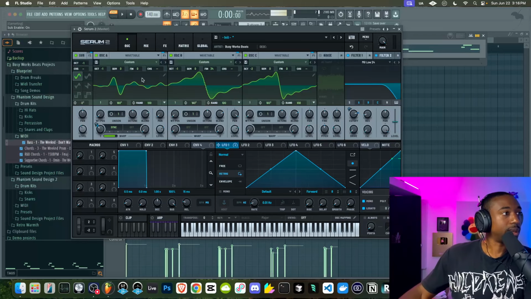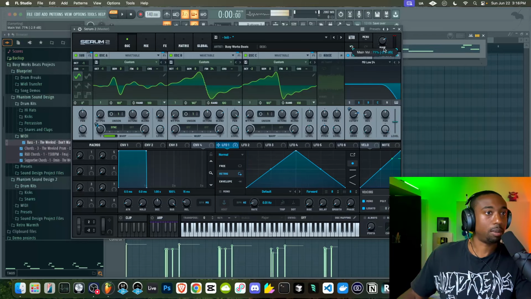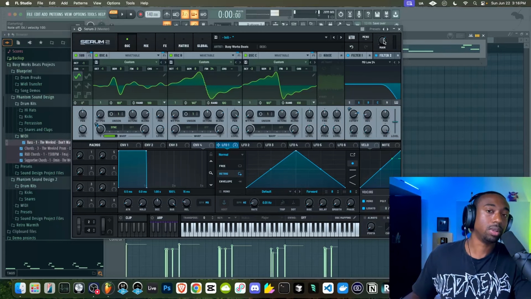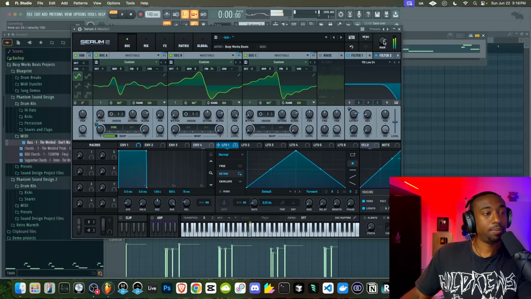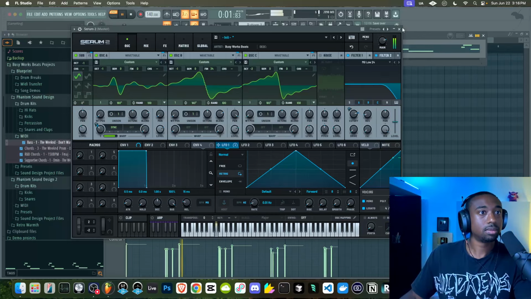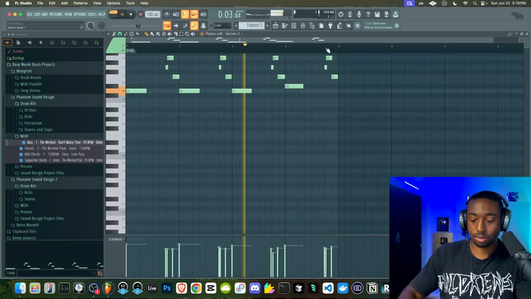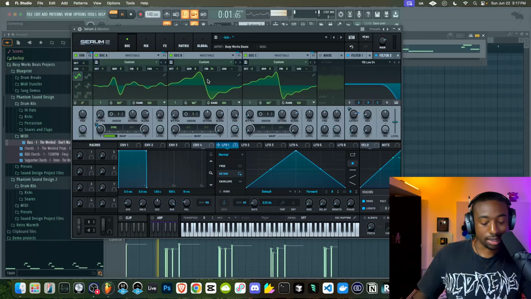Okay, and then let's make sure we have that sub. And as we're clipping, let's turn the output down so that we're not clipping. Because when you guys clip it, it adds more tones that aren't actually there. So this is what we have so far. Let's pull our MIDI up an octave. Now we have a very Kanye type Moog sound.